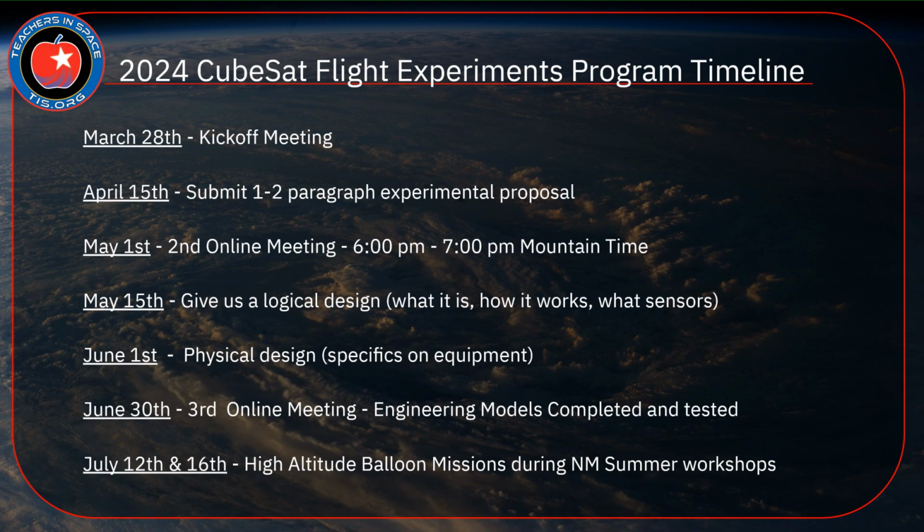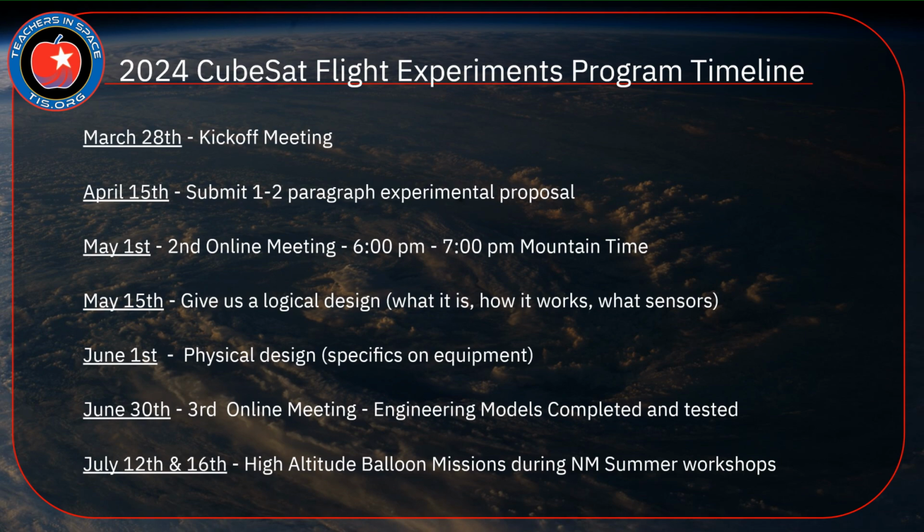First thing I'd like to do is just go over quickly the milestones, where we're at currently and what we still have ahead of us. Right. So here we are. Here is the program timeline so far. It's a little bit delayed, so it's not May 1st for the second online meeting. So we're going to have some leeway in all of these milestones. Ideally, we can get everything done on the dates that are on there, but it's understandable that we're getting a late start on everything. So it's not mandatory that you hit these milestones exactly.